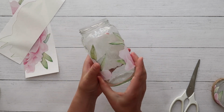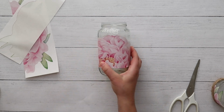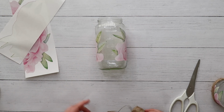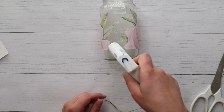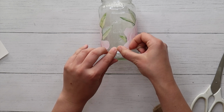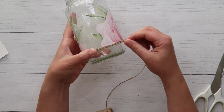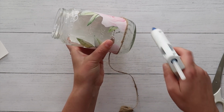You'll notice I left about 1 inch at the bottom. So the cut side of that decal was right in line with that ridge at the bottom of the jar. And then I just decided to cover the bottom of the jar with twine using some hot glue. So you want to use the tiniest dabs of hot glue and add hot glue frequently. For the first maybe 10 or 12 rows, it's really